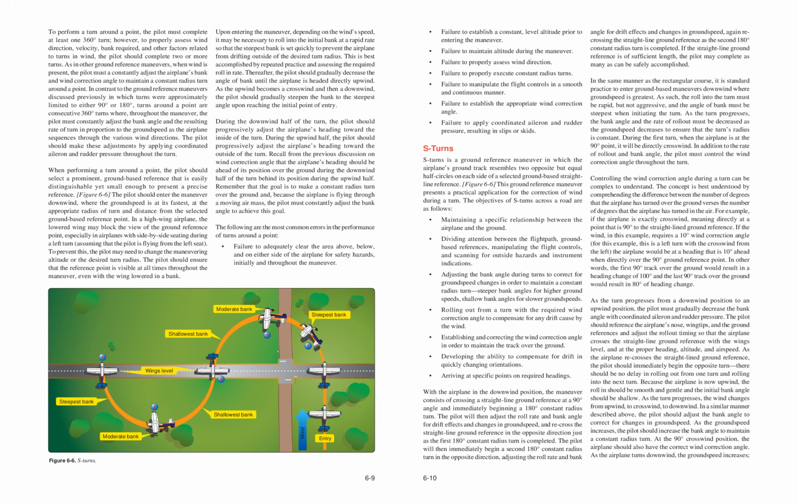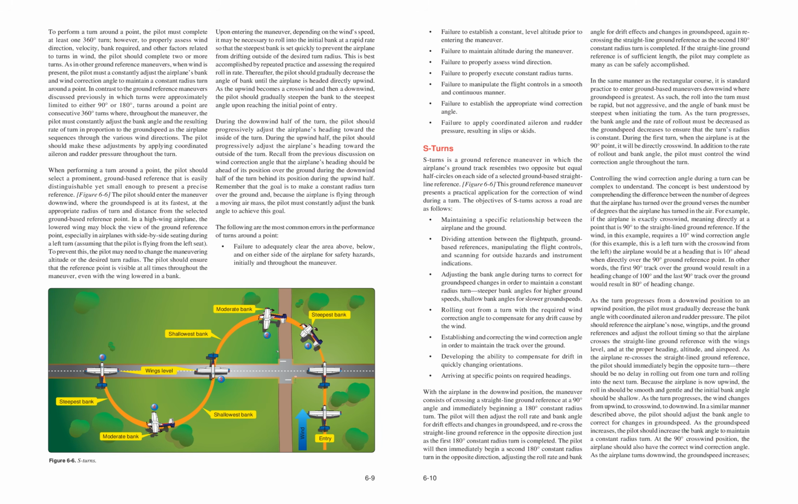completed. The pilot will then immediately begin a second 180 degrees constant radius turn in the opposite direction, adjusting the roll rate and bank angle for drift effects and changes in ground speed, again recrossing the straight line ground reference as the second 180 degrees constant radius turn is completed. If the straight line ground reference is of sufficient length, the pilot may complete as many as can be safely